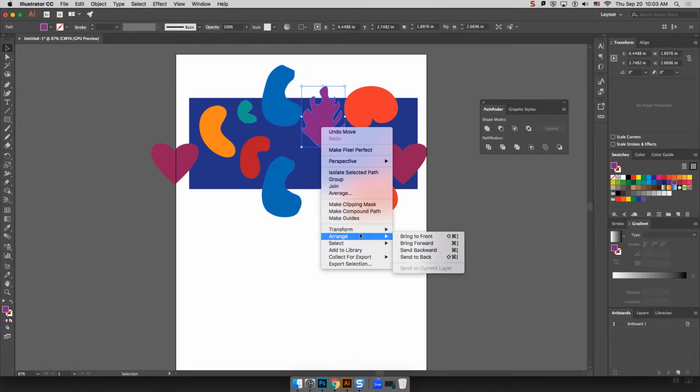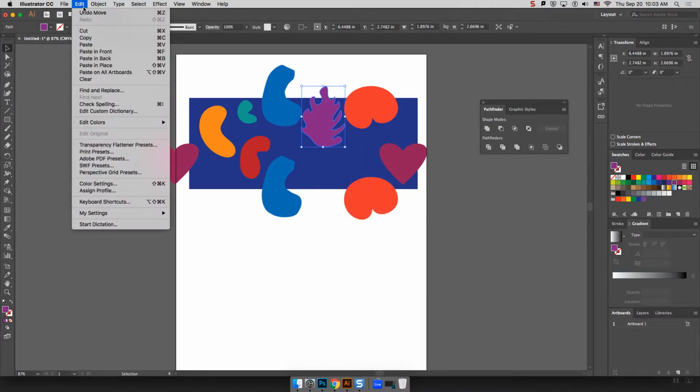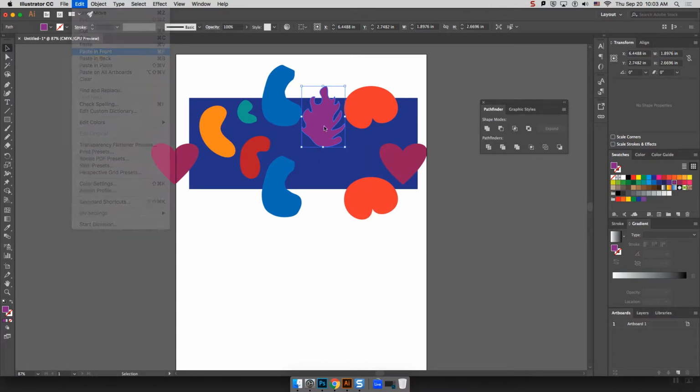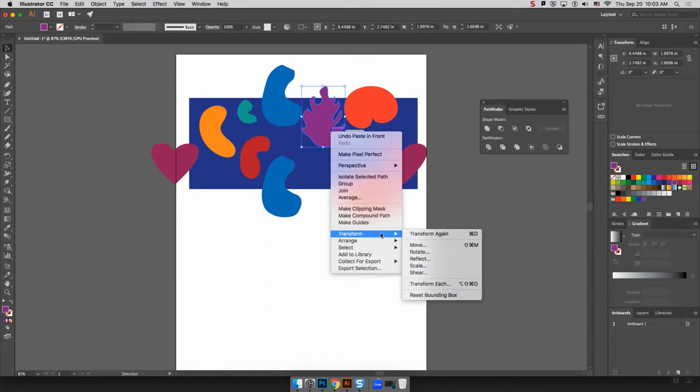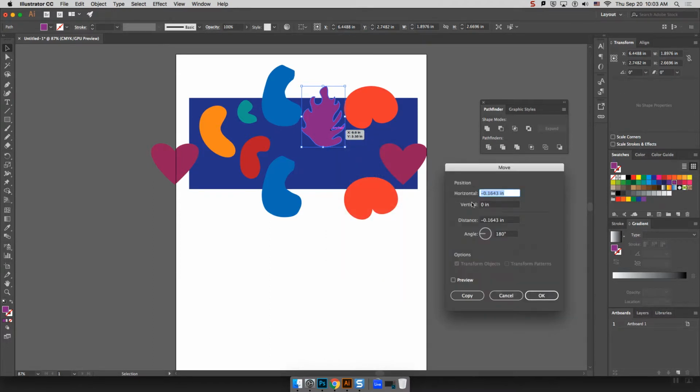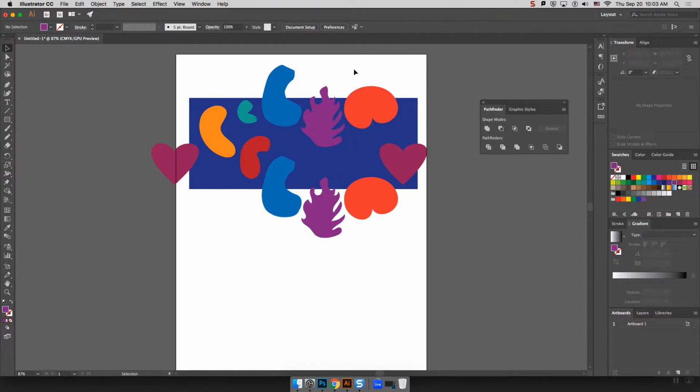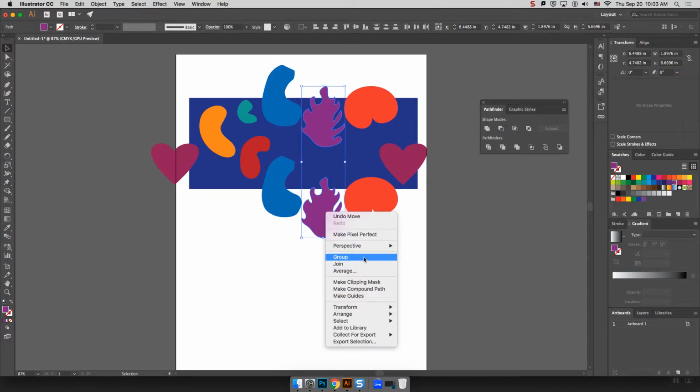Same thing for this one. Edit, copy. Edit, paste in front, right click, transform, move, and this time we want to go positive 3 or 4 inches down, because my original square was 10 by 4, and this is just a straight repeat that I'm doing. And now that I have all my pieces laid out, I could group